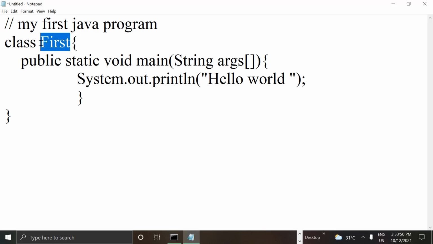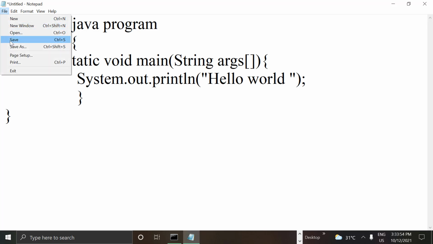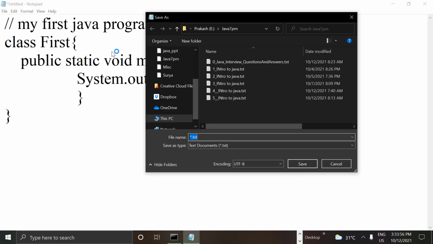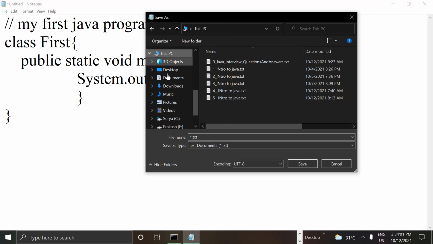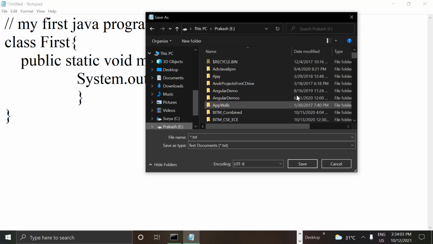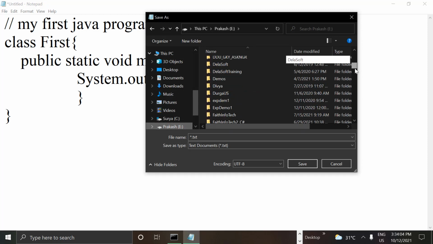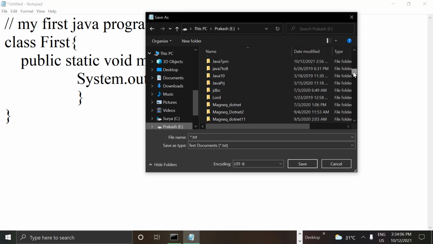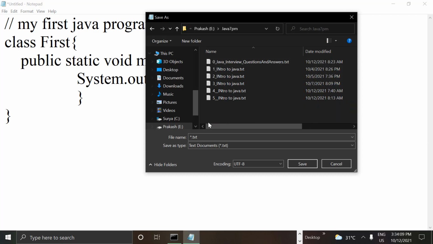And at the time of saving we have to give the class name, guys. So where I'm saving, go to file, save, and here in my computer, this PC, we have E drive. In E drive I have a folder called Java 7pm. Double click on this folder. Here I wanted to save. So since the class name is first, we have to save the program name as first.java.